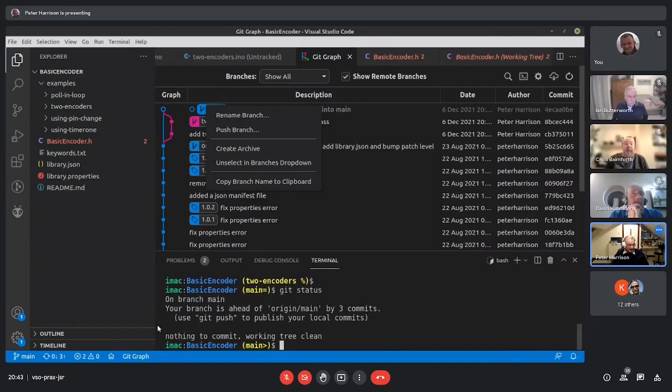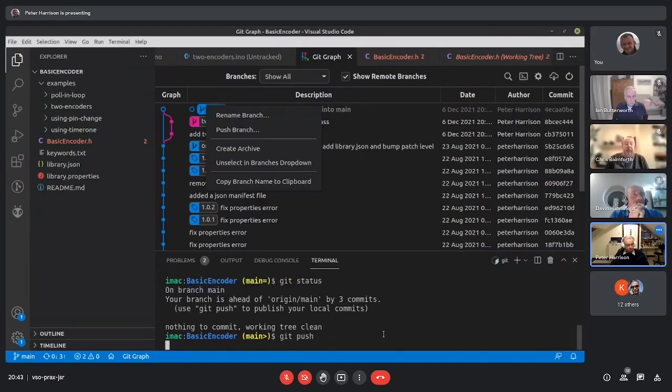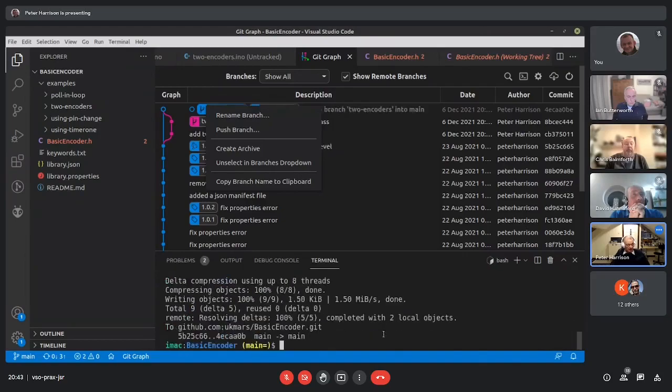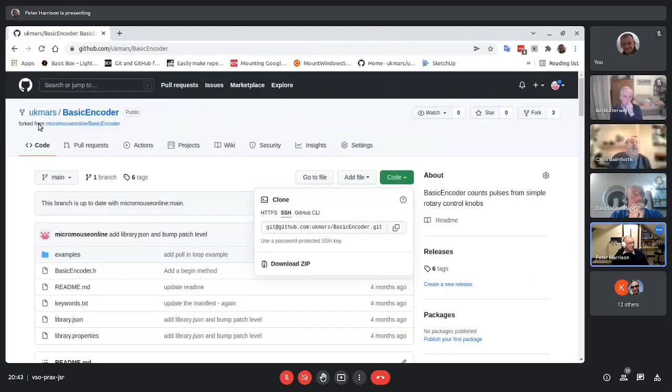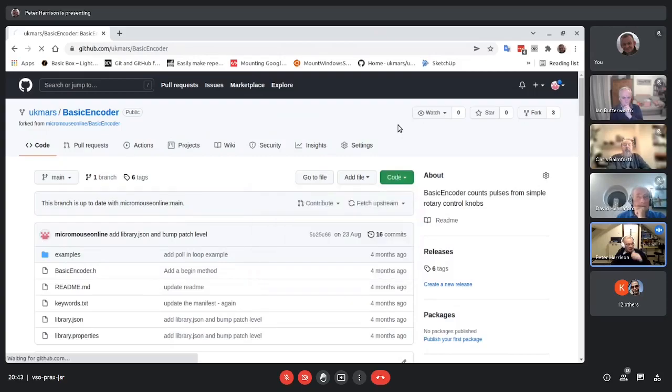And helpfully, almost everywhere in Git, it tells you what to do if you want to publish them. So it says git push. So let's try that. What do you know? No errors, no problems. Let's just have a little flip back now to GitHub. Nothing appears to have changed, but if I refresh the page,